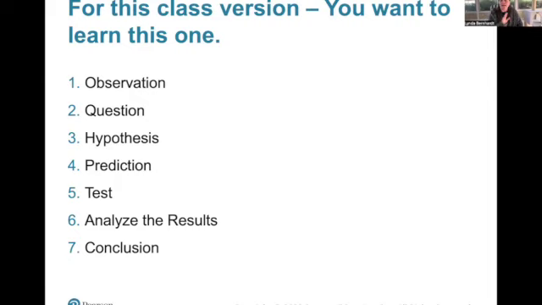It's close to what they had. So for this class, this will be on every single test. You will have to list the 7 steps of the scientific method as taught in this class in order. So it will be observation, question, hypothesis, prediction, test, analyze results, conclusion in that order. If you Google scientific method, I promise you will get different answers. This is the one you need, and this is the one that you're going to be using when you do the scientific method lab, which has its own video.